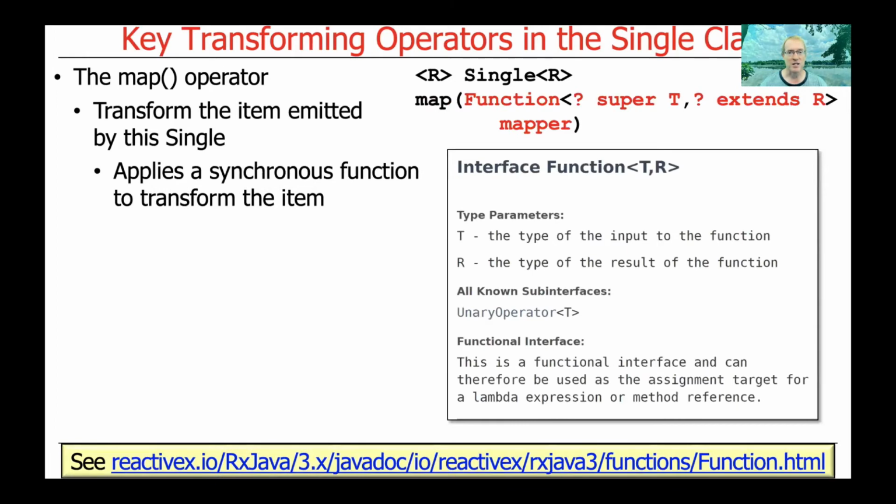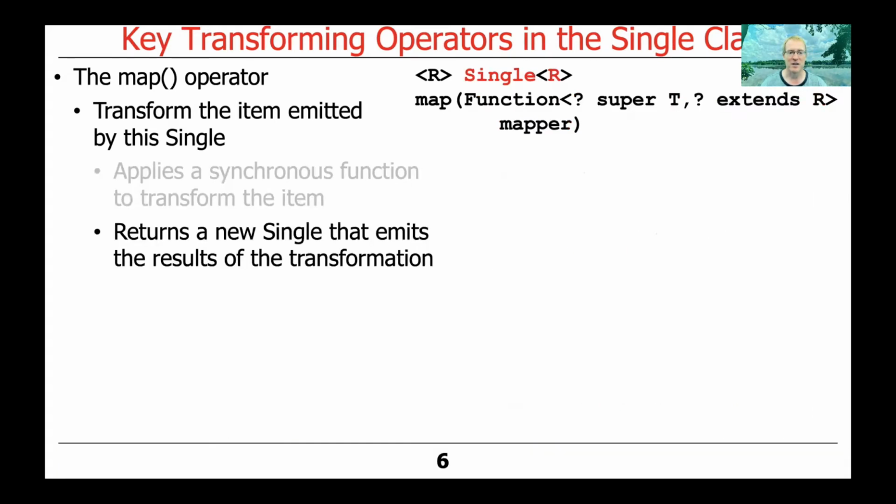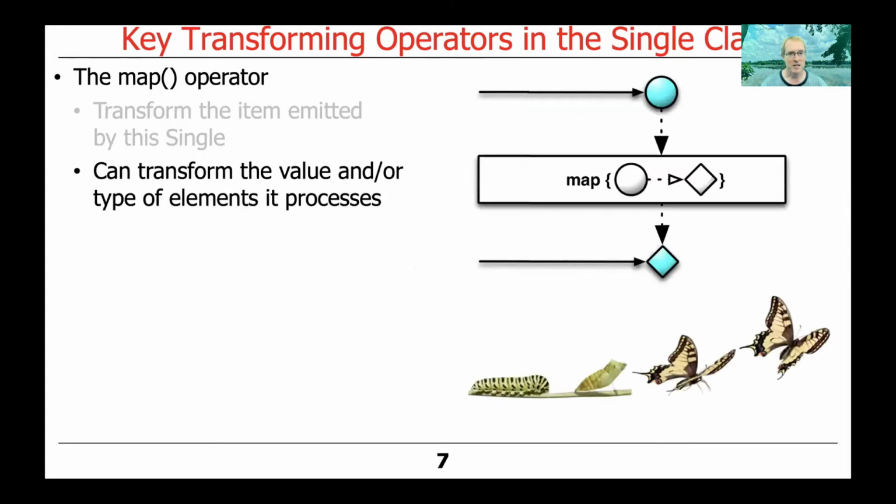It applies a synchronous function passed as a parameter in order to transform the item. And this function, of course, is a Java 8 functional interface. It returns a new Single that emits the results of the transformation. As mentioned earlier, map can either transform the value and/or it can transform the type of the elements that it